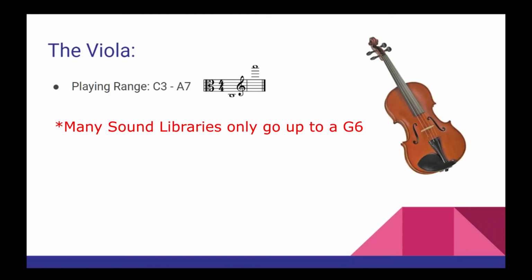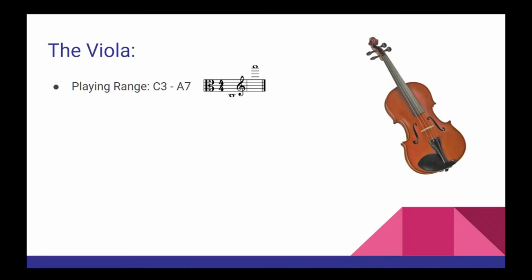And just like the violin, the viola's 4 strings each have fundamental pitches that are tuned a perfect fifth apart from each other. There's C3, G3, D4, and A5. Now, unlike the violin, the viola's music is written predominantly in the alto clef, where middle C is literally in the middle of the staff. However, if you start to write notes 3 ledger lines or higher above the staff, you can switch to the